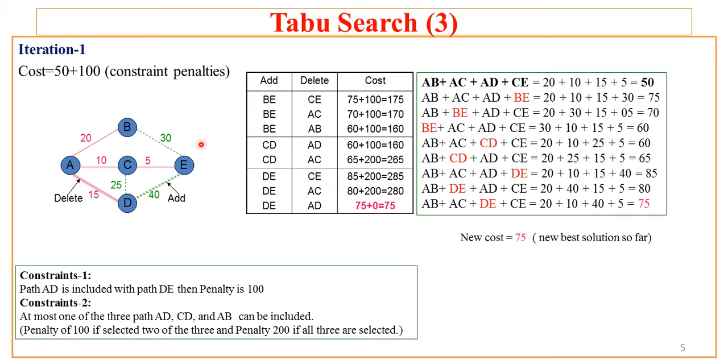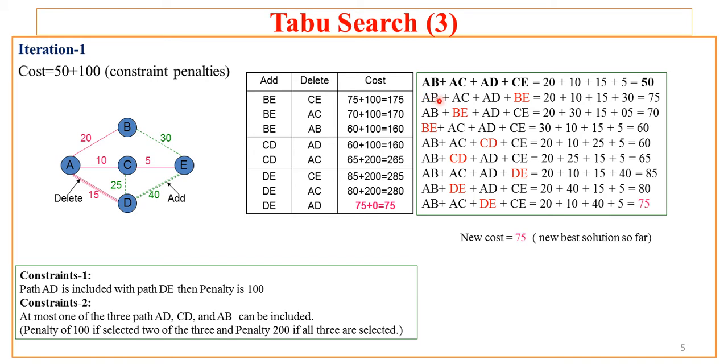So that's why the taboo search algorithm will now try to add new edges which are the neighborhoods of the current solution. Now these new neighborhoods are edge BE, path CD and path DE. So with respect to this, let us focus on the table where I am pointing now. Now here, to the given existing solution, which is nothing but AB plus AC plus AD plus CE, what if BE is added removing CE? So let us see here where I am pointing.